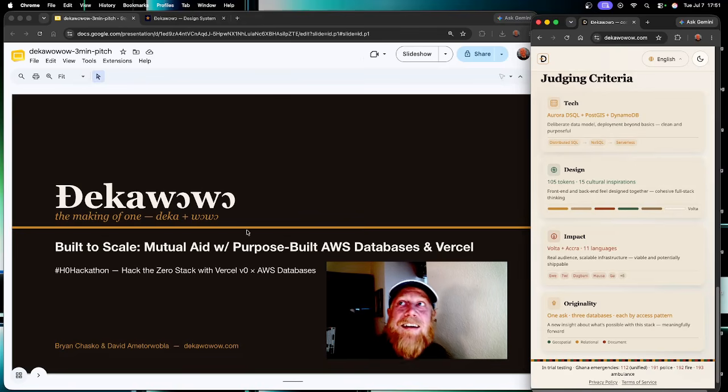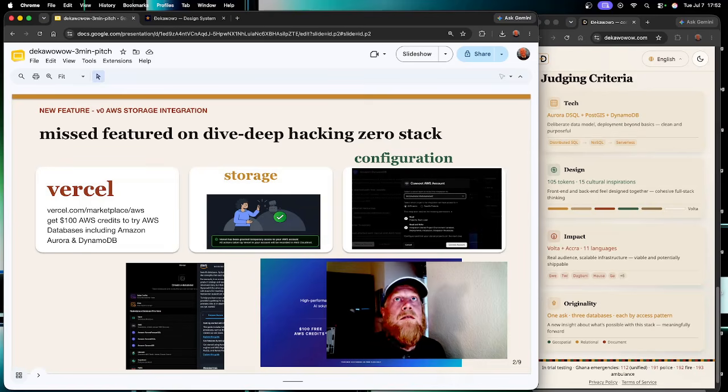David, the idea creator here, inventor. This is his language in the Volta region of Ghana. And we set out to prove an AWS database stack that was built to scale. We kind of missed the point of the hackathon, I think, which was to